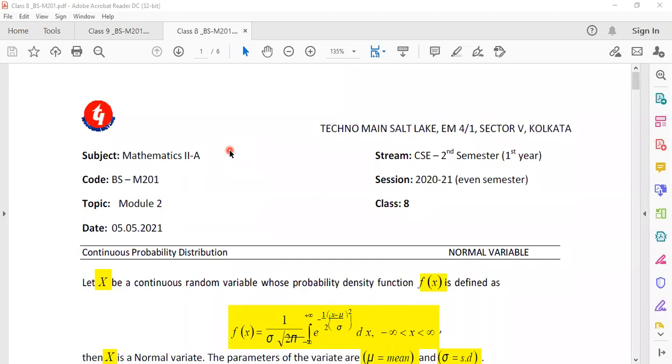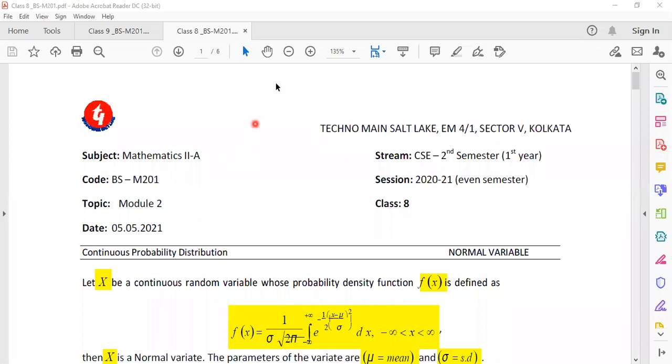Normal distribution, the curve which the probability function has, you are not totally unfamiliar with the curve, because during last year's lockdown, that curve was in the news. Many times news channels showed this curve. This year also you can see this curve in many places with respect to the COVID-19 disease. So this particular probability distribution is very fundamental, and that will be studied, and this is the point which I'm going to discuss in today's class.